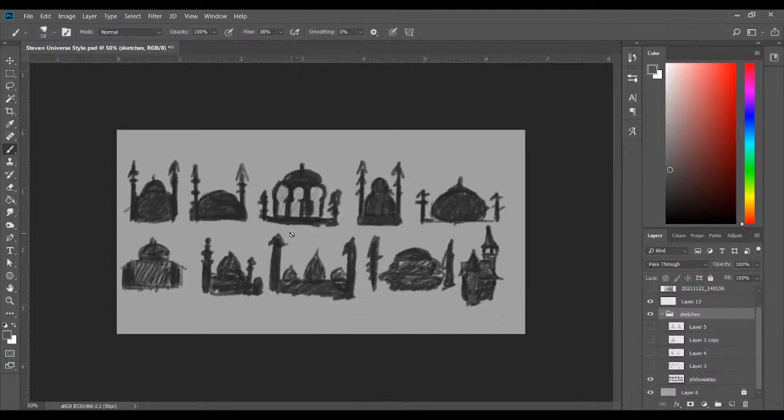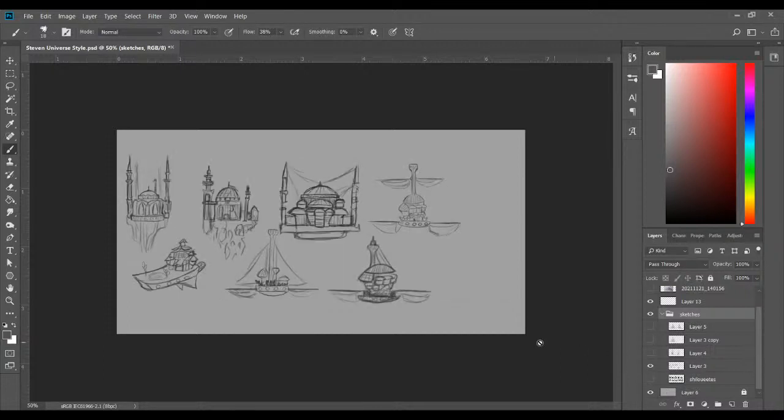So here we have the silhouettes of, essentially, at the time, it was just going to be a general tower. I was taking a lot of inspiration from Turkish architecture, a little bit of Islamic architecture as well, because I haven't seen a lot of that in this cartoony style, so I wanted to push forward for that. So I started with those, then I went into some basic line art just to see what I liked, what